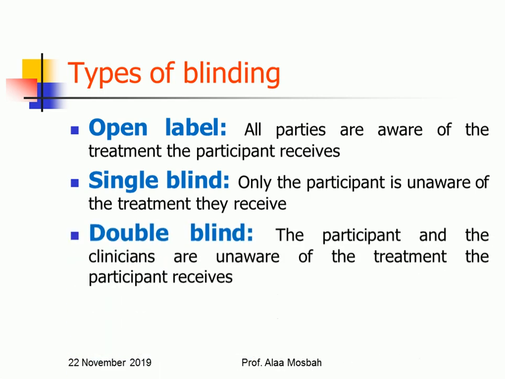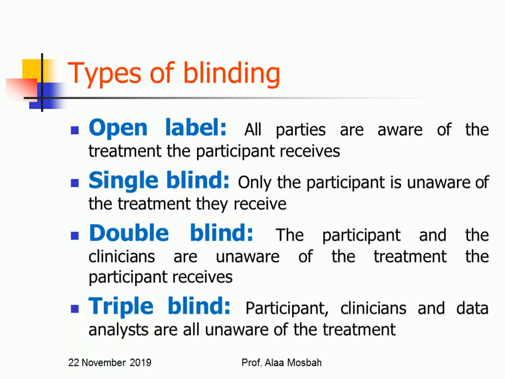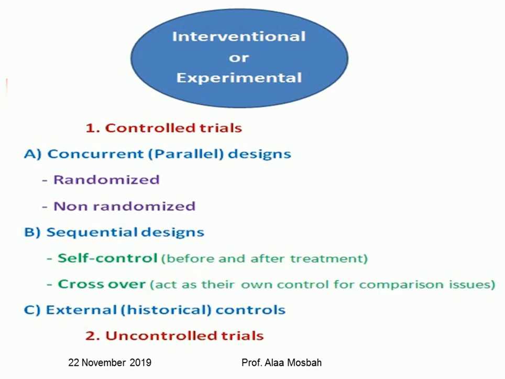Double blind: the doctor and the patient don't know what the participant receives, drug A or B. Triple blind: the participant, clinician, and data analyst are all unaware of the treatment. And I have a fourth party, the only one who knows. To summarize, interventional or experimental, this is the second group